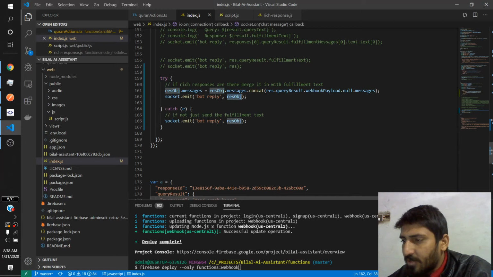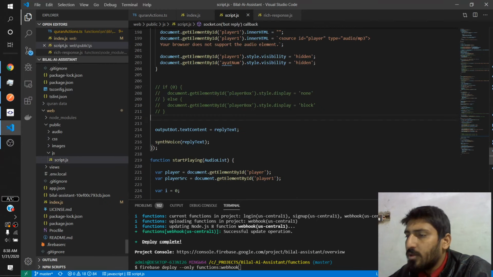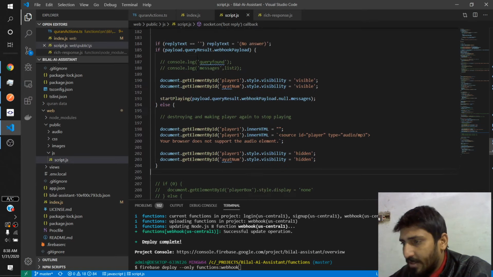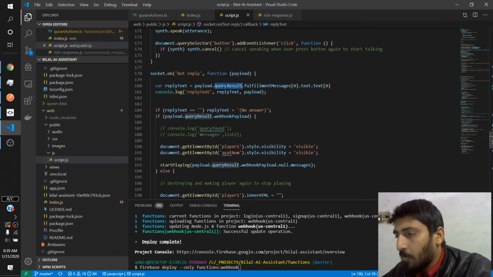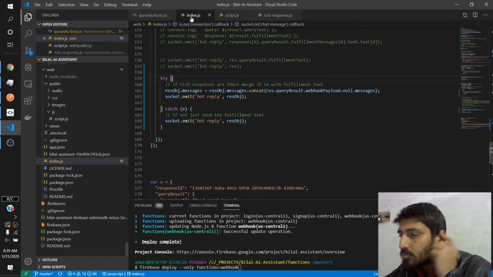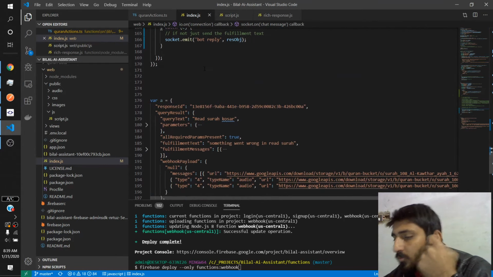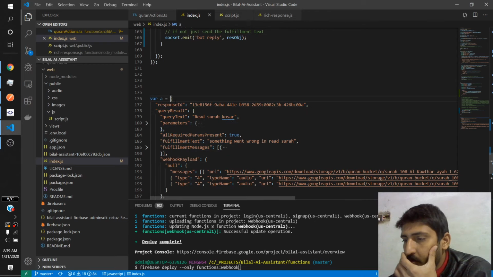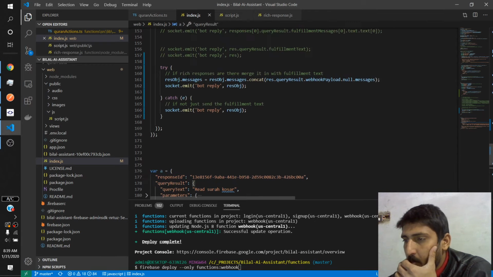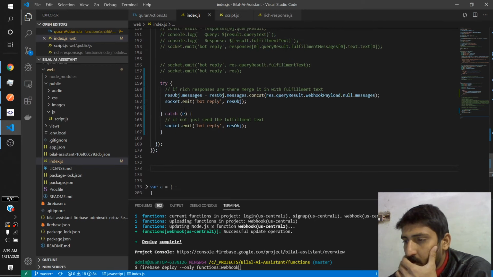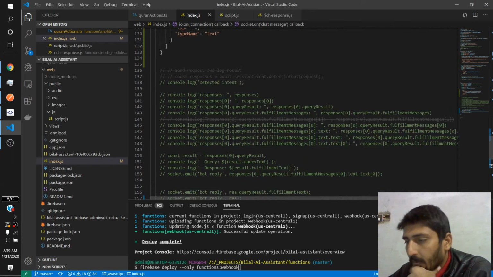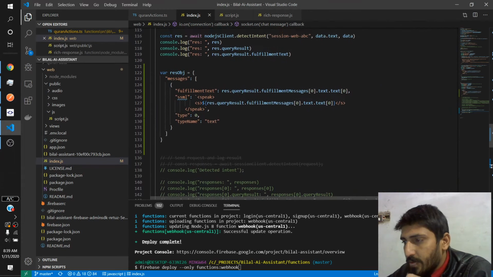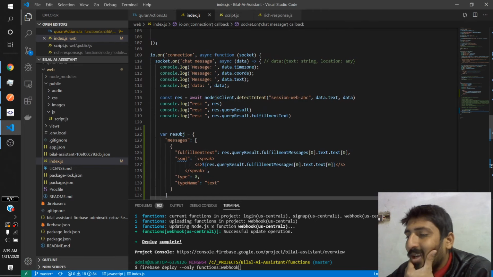Okay, so now I'm sending the response object from here, and this should also be up to date according to the so-called what it is. Okay, so because I'm concatenating